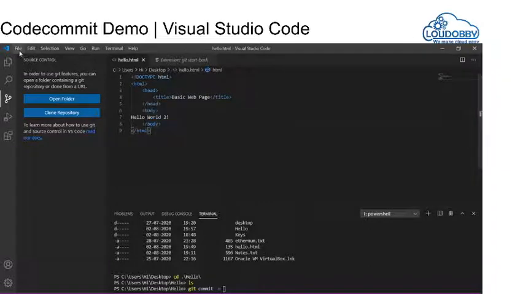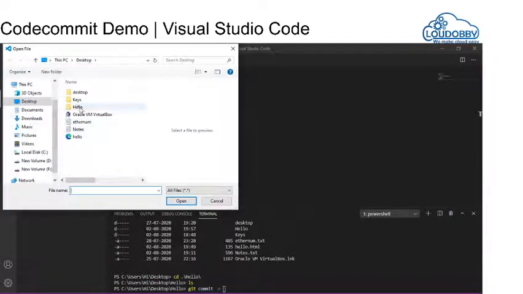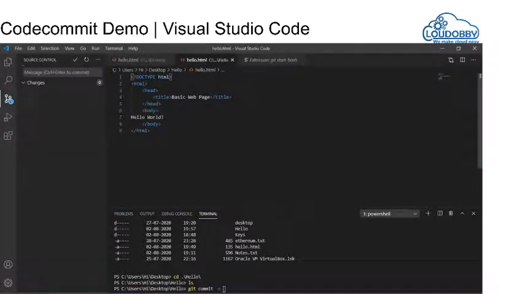So basically File, Open File, you need to go to hello world. So now I'm changing the hello to 2, and saving again.